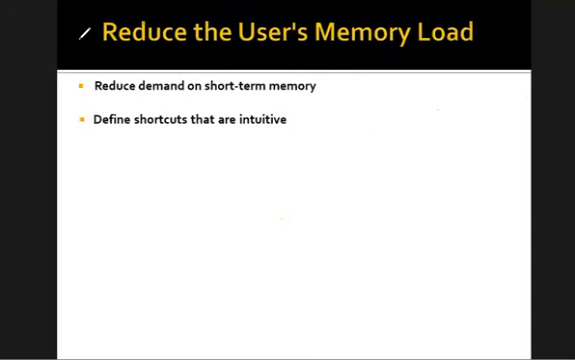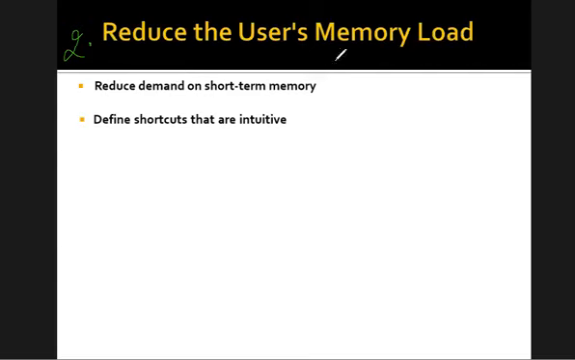The next one is reducing the user's memory load. Theo Mandel's second golden rule is reducing the user's memory load. Now, the first point within reducing the user's memory load: reduce the demand on short-term memory. That is, whatever interface you're using, it should reduce the requirement that the user